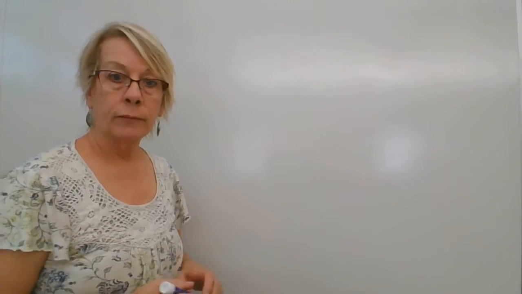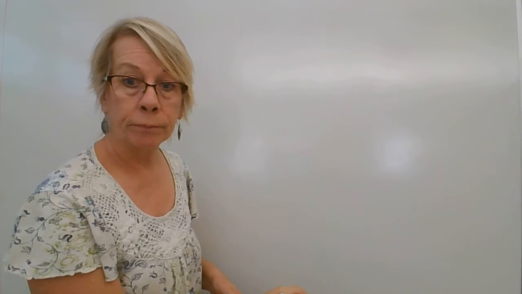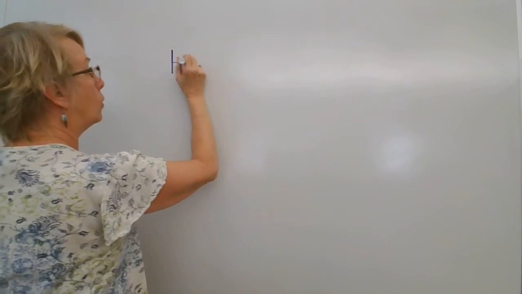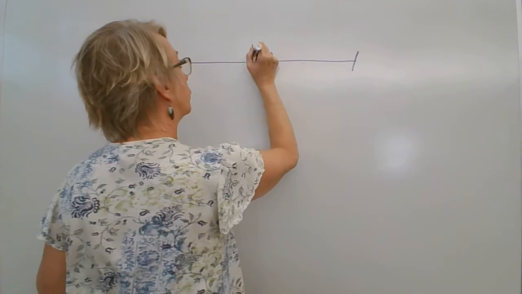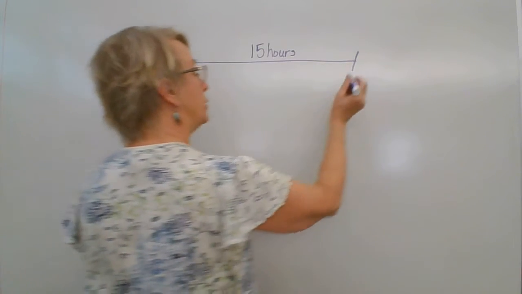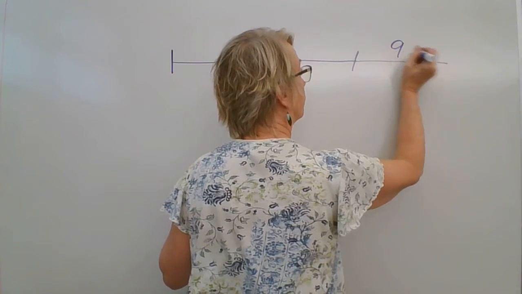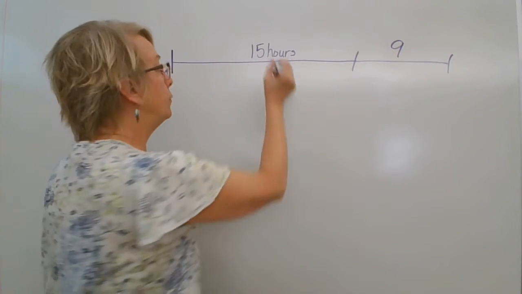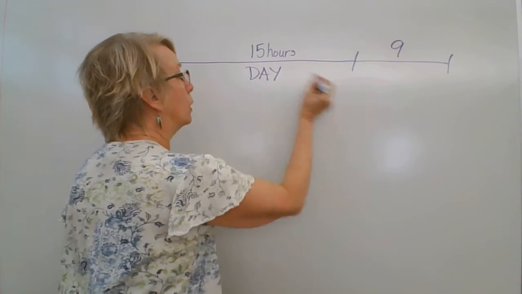Plus, because the nights are so much longer, your book talks about this, at night we lose heat from the Earth out into space, and in the day, we gain heat from the sun. So let's go over to the board, and I'm going to show you this on the board. So, in the summer, the days are long, almost 15 hours. So how many hours are left of the 24 for nighttime? Only 9. This is day, and this is night.